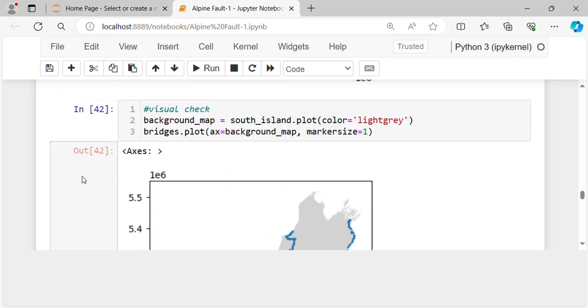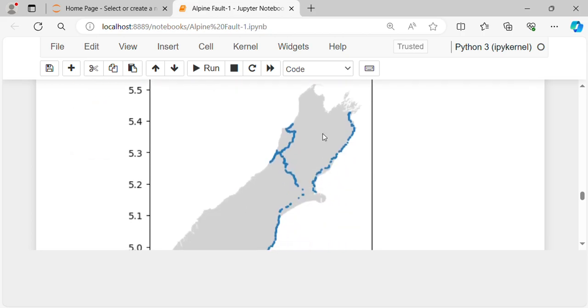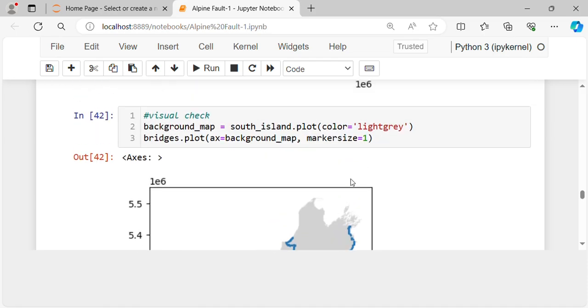Okay, so we can look at the South Island, and here is the South Island, and markersize equal 1,